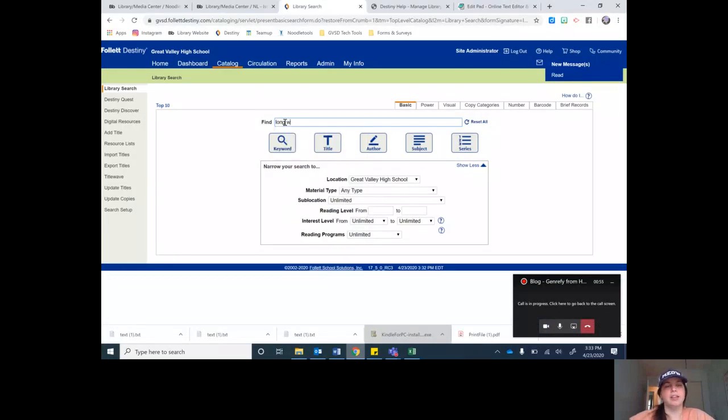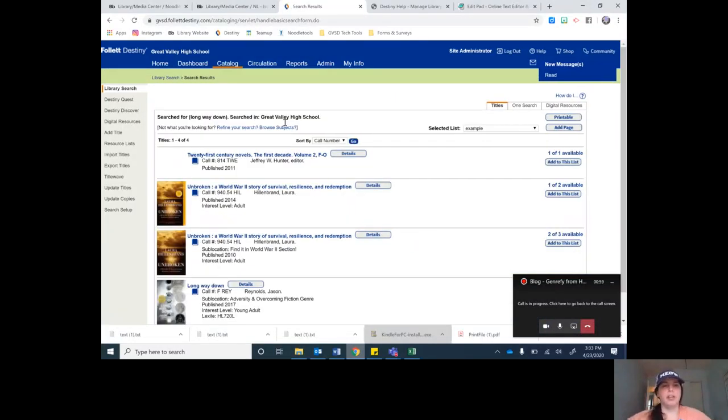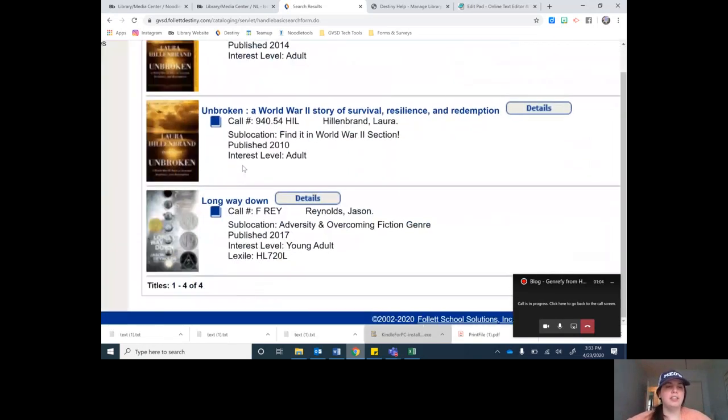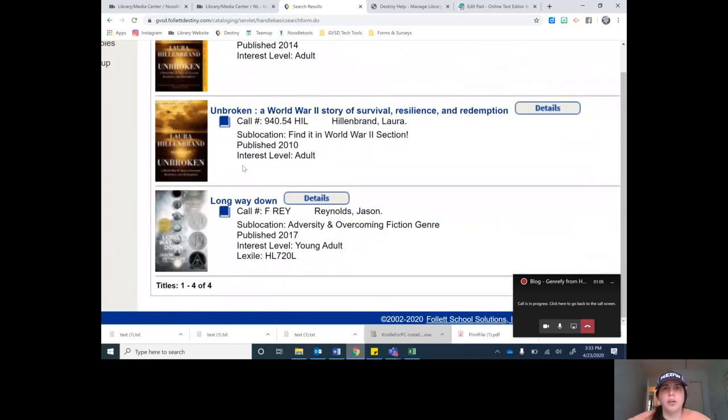The reason why I add a sublocation to my books is because once your students are in Destiny and they're looking for books, like let's say they're looking for A Long Way Down by Jason Reynolds, and they search for it, they need to know, once they find the book in here, which genre to look for it in, which section of the library it would be found under. You can see that here it says Long Way Down is under call number fiction Reynolds,